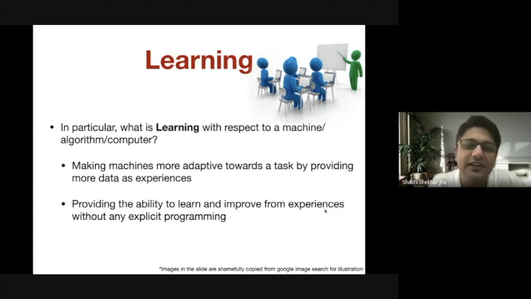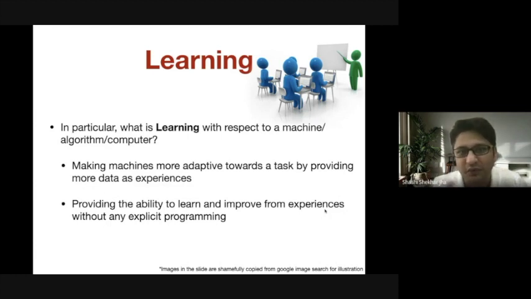But the kind of learning we are going to study today, reinforcement learning, is an interesting learning where we don't assume that the data is already available. Here the learning happens when your computer, your algorithm, actually interacts with the environment in real time, and whatever data is generated via those interactions is used for learning. So that's a different aspect of learning that we will deal with today. Obviously I will try to motivate you, before we actually delve into what is reinforcement learning, about the kinds of applications where this kind of learning can be used.